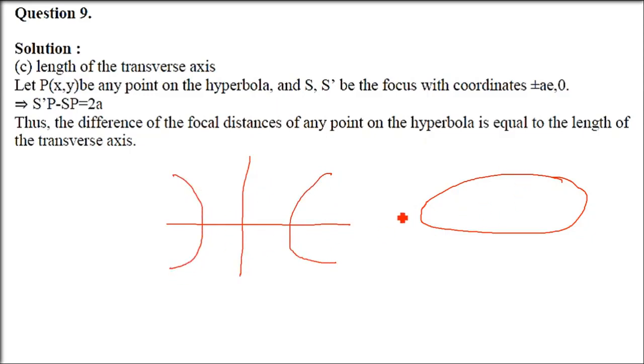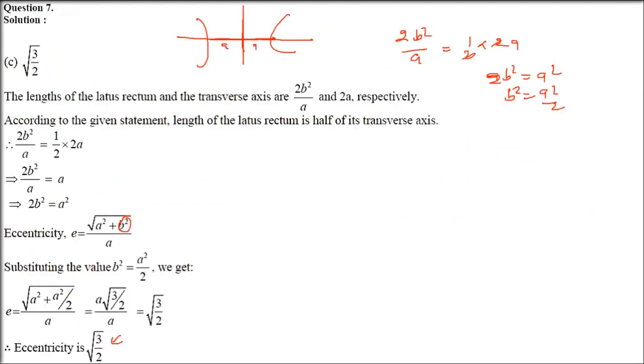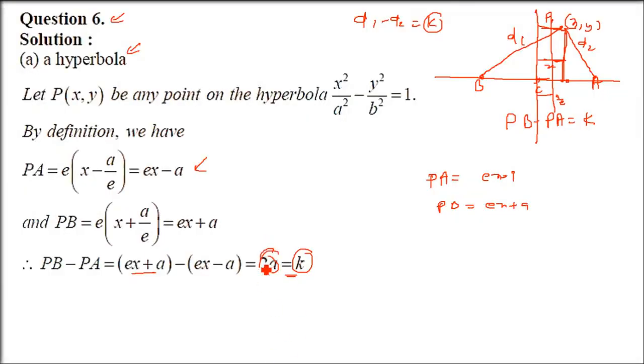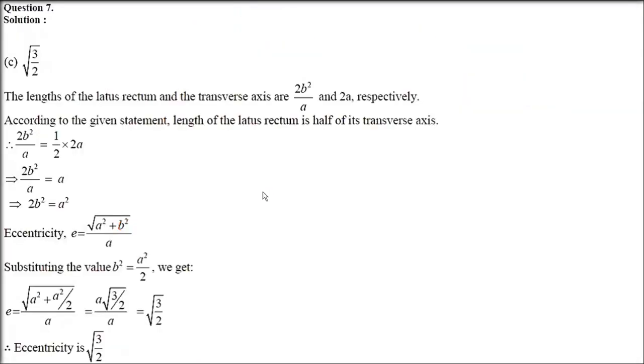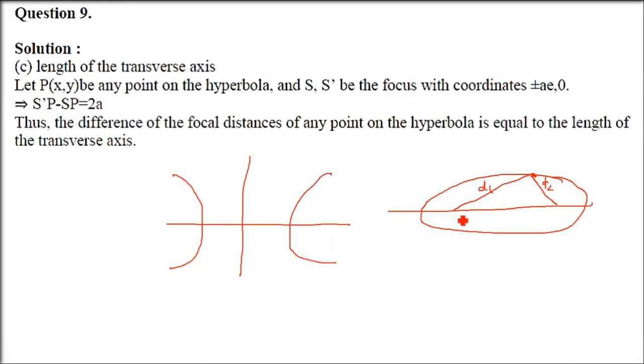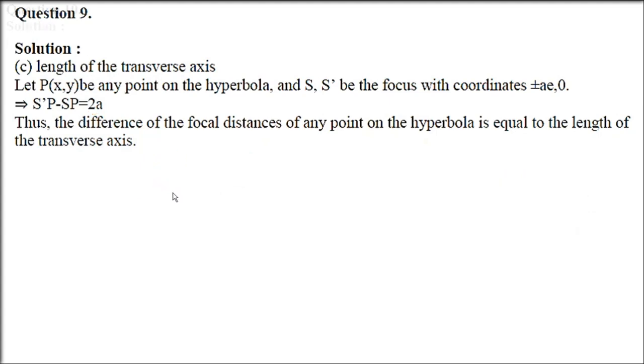Whether ellipse or hyperbola, it is going to be the same, 2A. So the distance of any point on this locus from the two fixed points, which are our foci, is going to be 2a. You remember this thing I explained just now? So this is going to be 2a only. So just write 2a. You don't have to do anything. Take any distance D1 or D2, and D1 minus D2 is going to be your 2a. Just write 2a. So that is the answer.